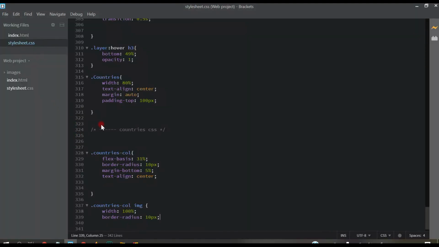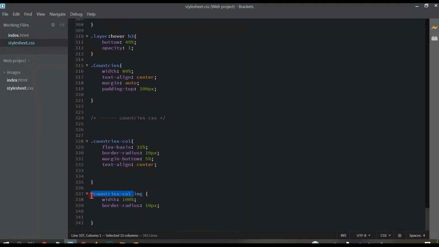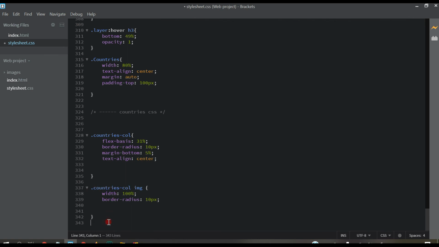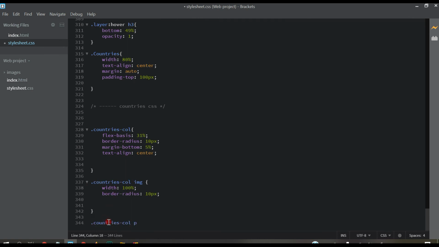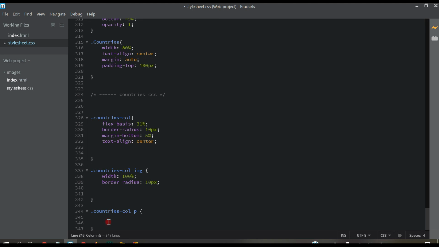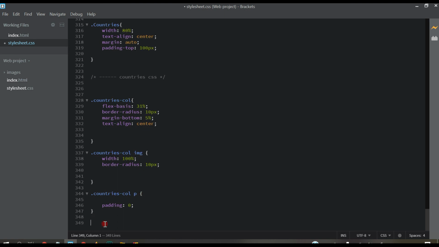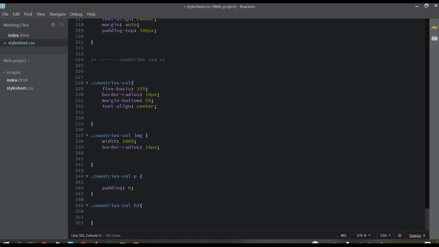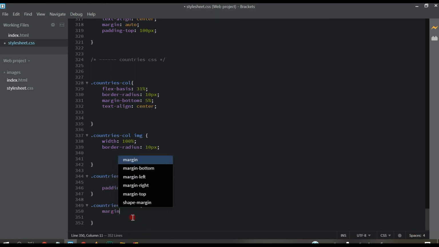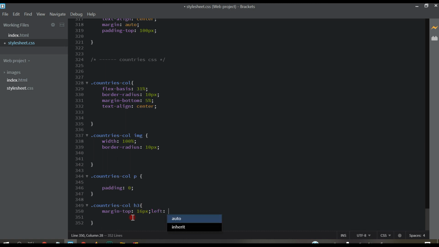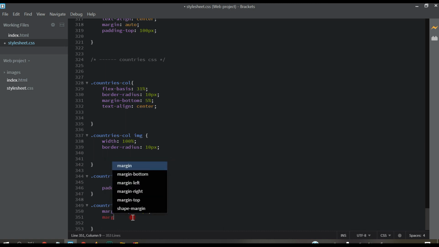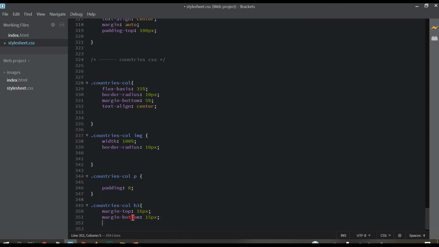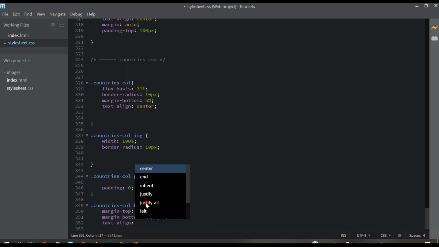So come to CSS, and here copy this class name and paste it down, and write here p for paragraph, then padding 0, then again paste this class name and write h3, and here margin top 16 pixel, margin bottom 15 pixels, text align left.